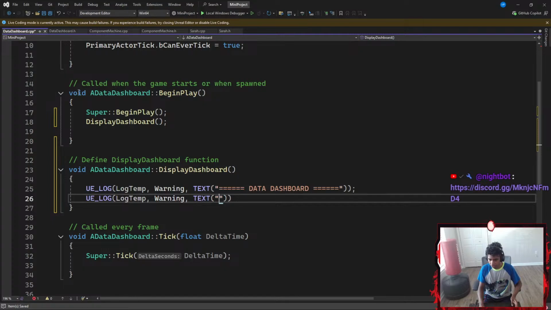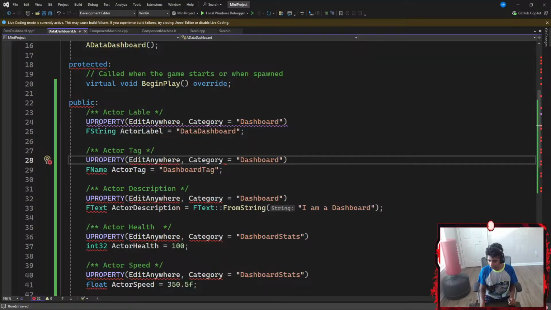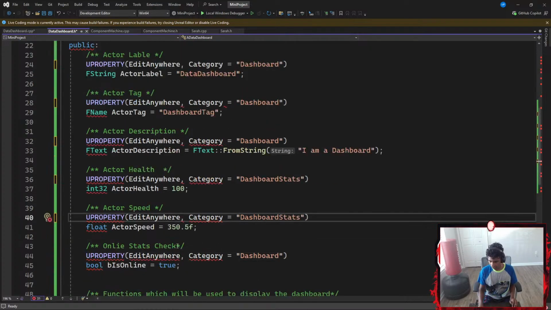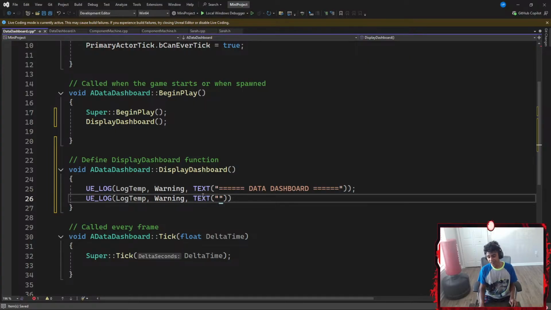That said, I'm going to hit Control S to save the code. Okay, so the first one is a string. Why do I see a squiggly line? I usually get this purple squiggly line if I have a spelling mistake. EditAnywhere. Let's go with Into Lessons. Well, I guess Into Lessons is doing something. I mean, maybe not. Now let's hit Control S to save the code. I guess I'll see if I get an error.